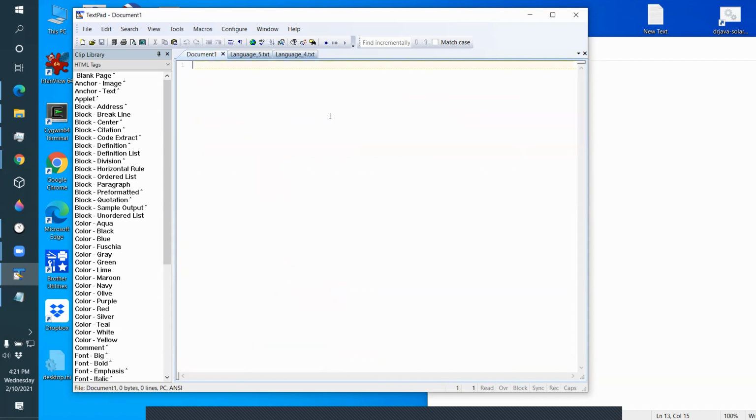So an example program would look like: program, var x3. Okay, there's a global variable. And here's another global variable. Okay, now begin